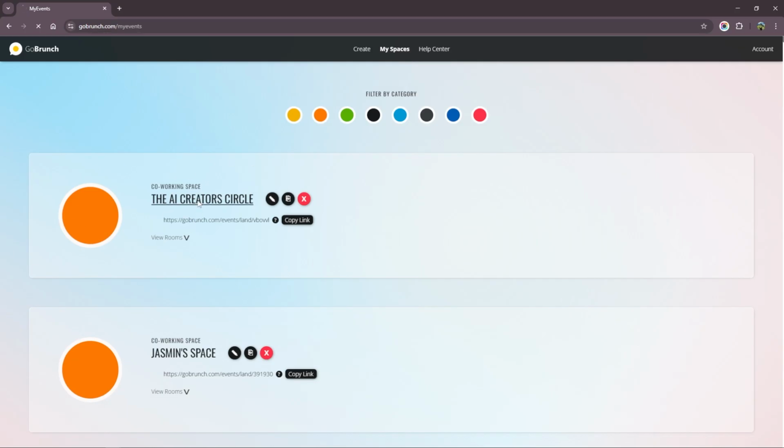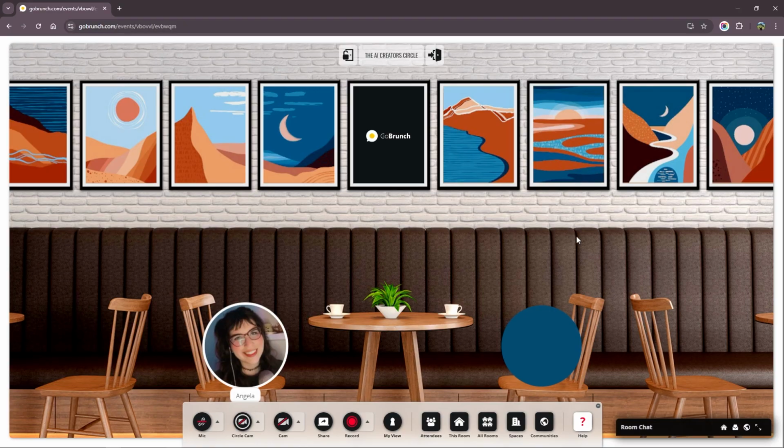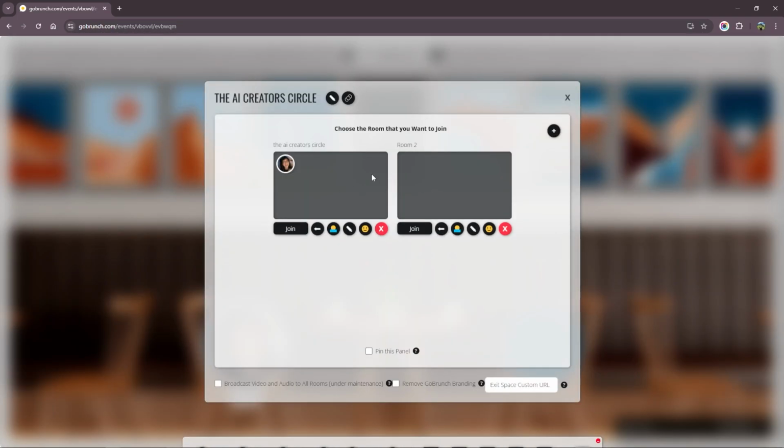Let's click on here. There we go. Now we're here in the new space that we created. We're going to go here to all rooms. And like you see, we have 2 rooms in this space. The room that we are in right now will be the front room of your community that we're calling the landing room for non-members. And we're going to have another room that will be the landing room for members.